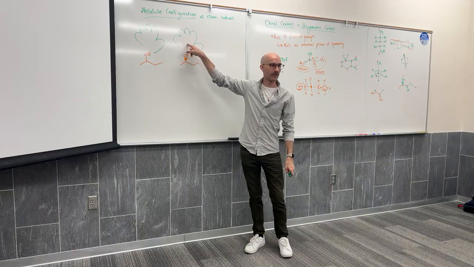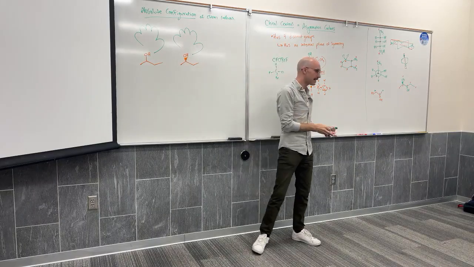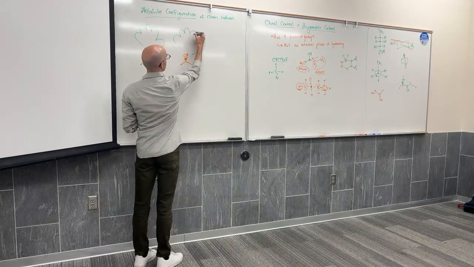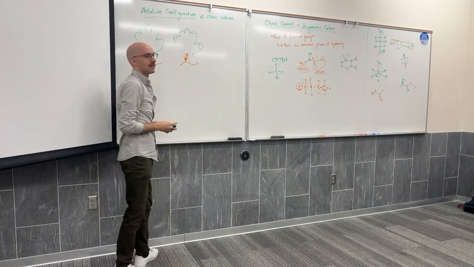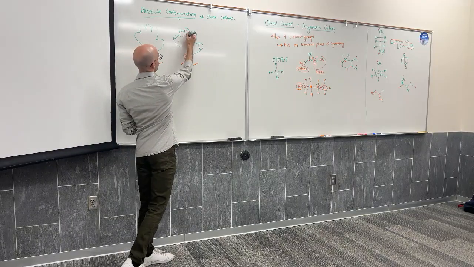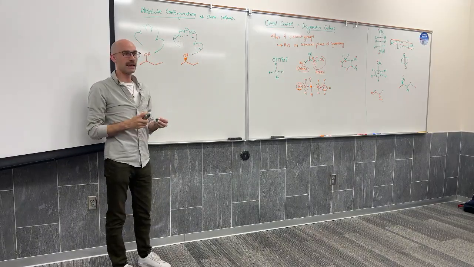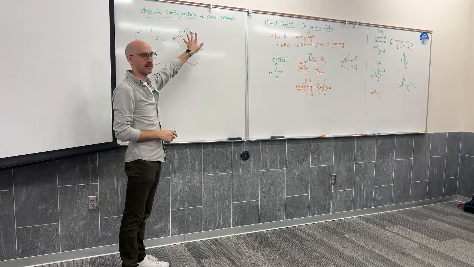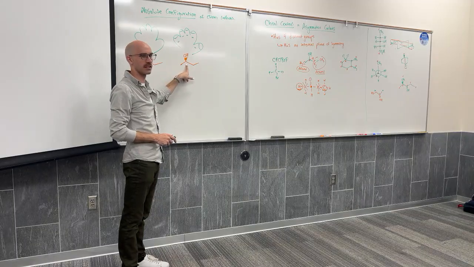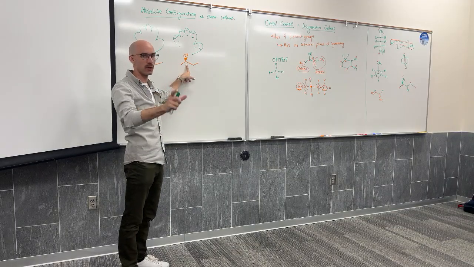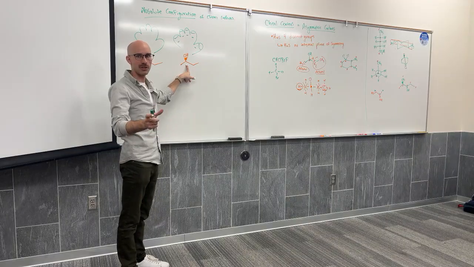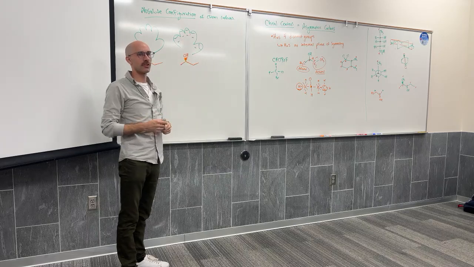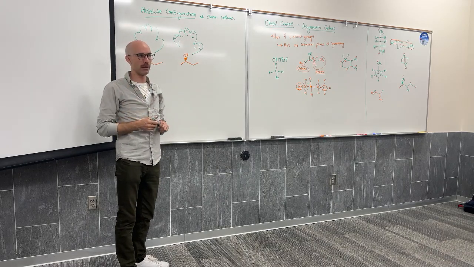So this drawing of the hand isn't distinct enough. I need a way to recognize which hand it is. And we can do this when we're drawing things. For instance, I could put fingernails on the hand, or I could draw in the knuckles. And now I know palm is away from me. I'm looking at the left hand. We need to do something similar when it comes to this wedged group. We need a way to describe which one it is, and we need a way to reference the molecule consistently so that we all name the molecule the same way.